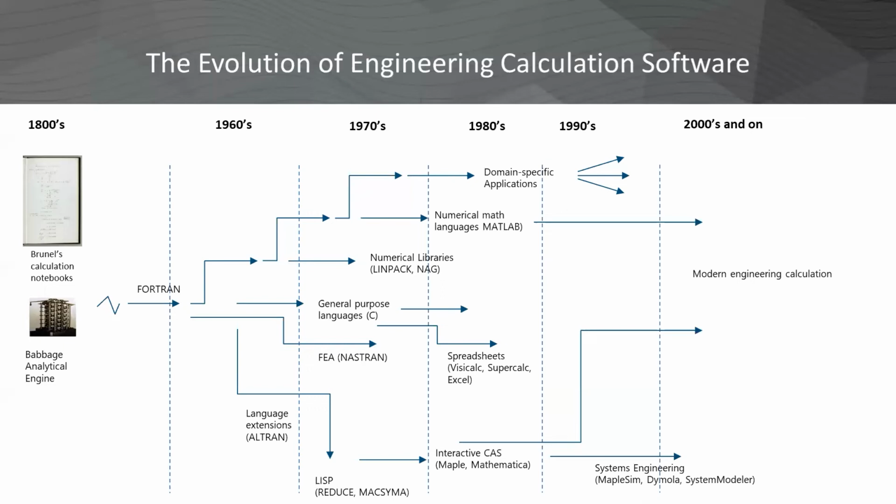And that happened in the early 80s, where we saw the introduction of relatively cheap microcomputers. And that oxygen-rich environment ignited a Cambrian explosion in the diversity of software for engineers. That was the decade that saw the adoption of spreadsheets, early computer algebra tools like Maple, and numerical tools like MATLAB. And cheaper computers also saw a dramatic increase in the number of application-specific, domain-specific tools to solve very, very targeted problems. And that brings us to the present era, where the world of Babbage and Brunel actually collide with